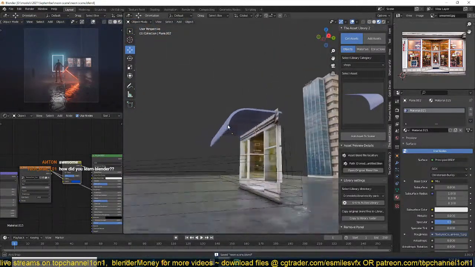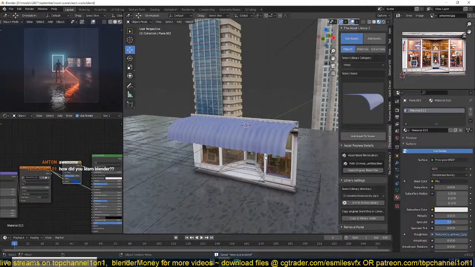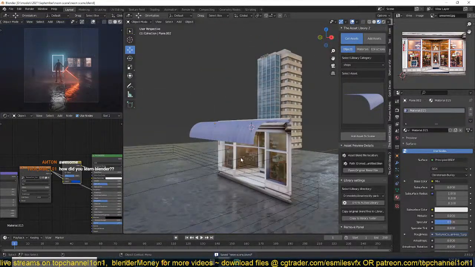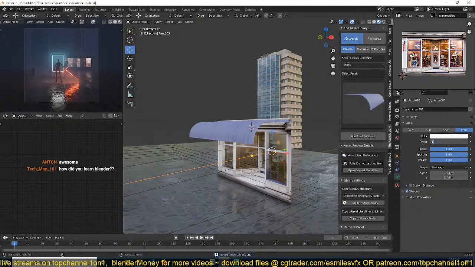Just want to create a visually interesting background. Okay, let's use